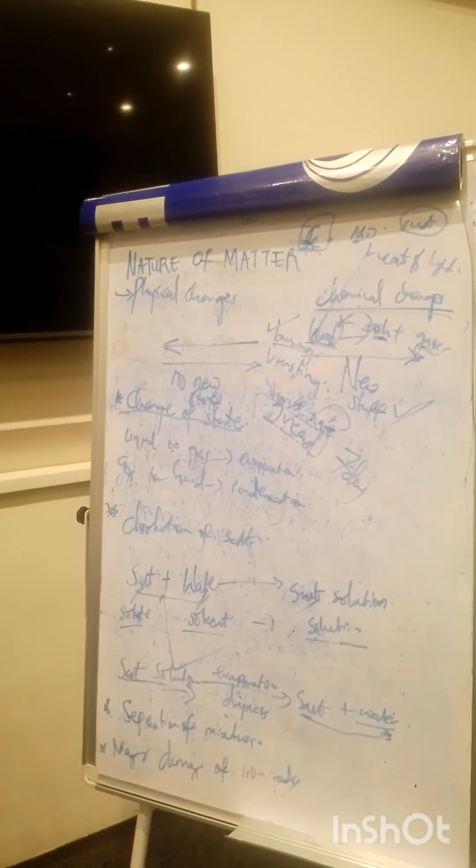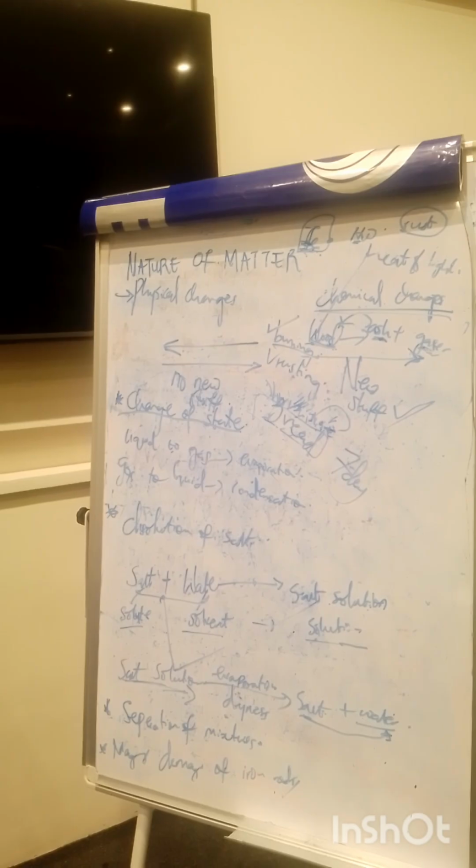Are you with me? Now there is something that I would like you to know also in addition. The changes that we see in an electrochemical cell are another example of a chemical change. So we are done with physical and chemical change now. I think we should move to elements, compounds, and mixtures.